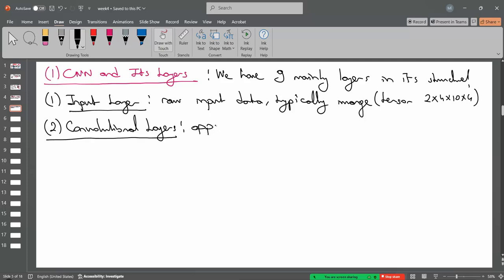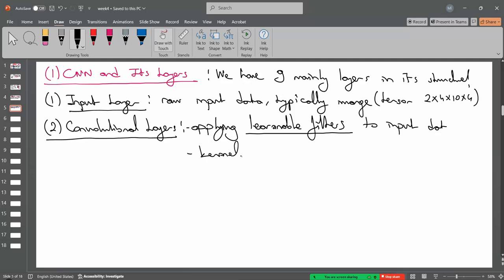This convolutional layer has the property of learnable filters, okay, applied to input data, okay. And so how can we do that? This is the kernel function core or matrices, which is given here, is trained based on some kind of backpropagation algorithm and convolved